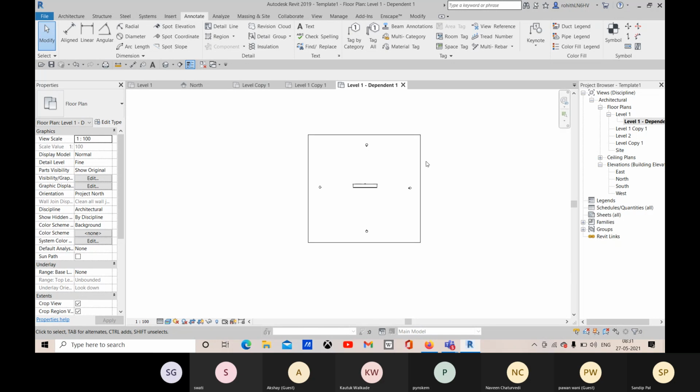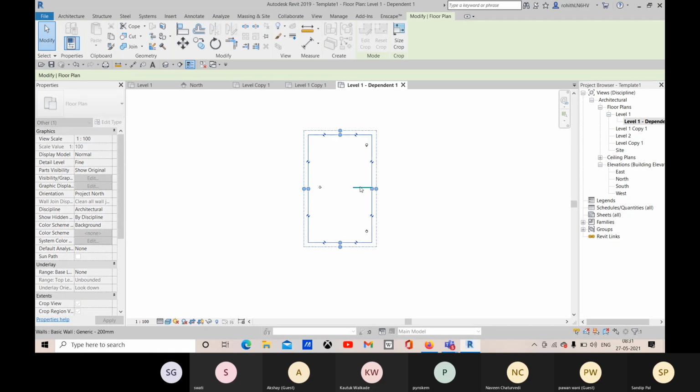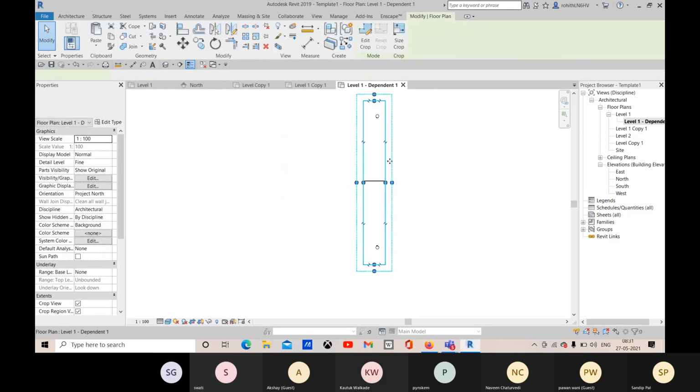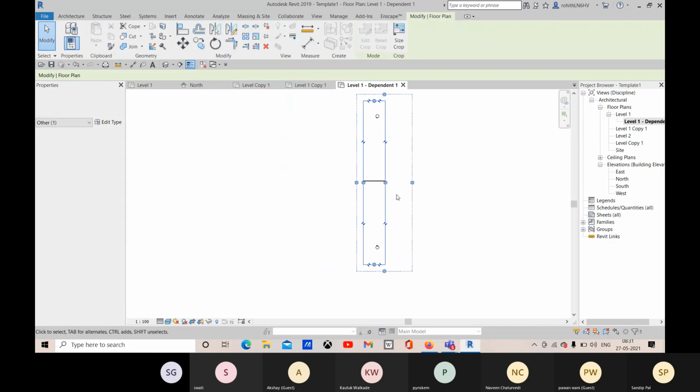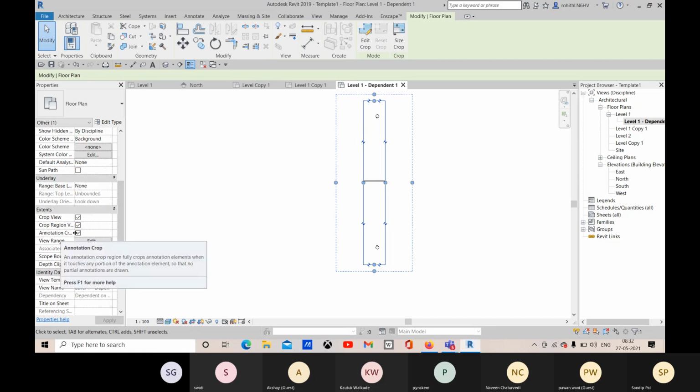Okay, and here we have this crop region. Suppose you want to add only this much portion. And here you see this is the annotation crop, so you can add your annotation also. Here you can see this is the annotation crop.